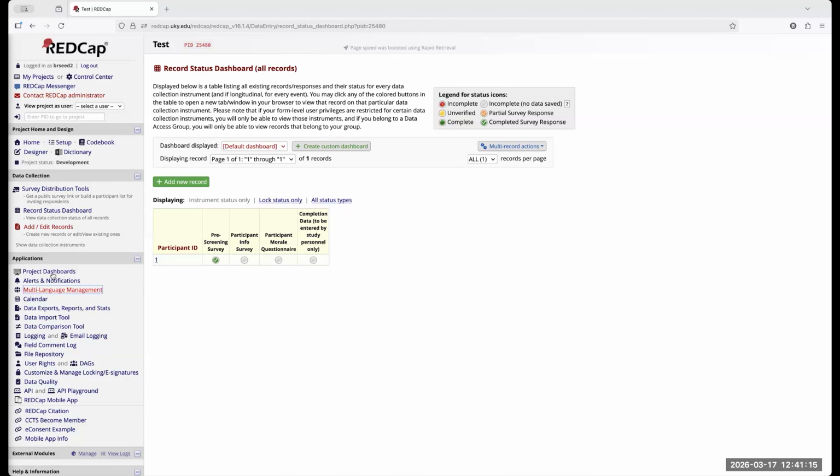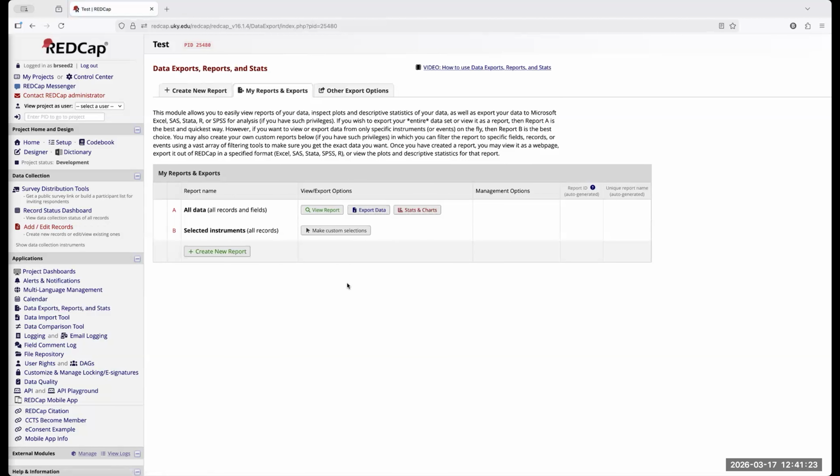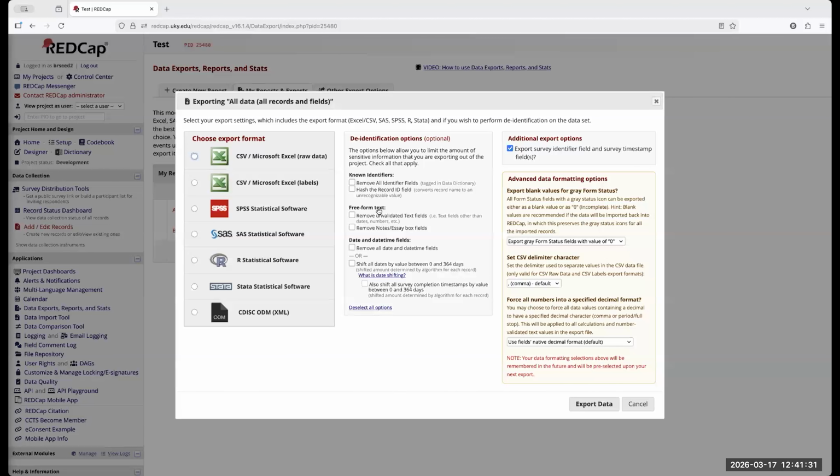If you wanted to do some report writing on some data, you simply go to Data, Exports, Reports, and Stats, and then you can create a new report. You can export the data. We touched on this a little bit in the first class. You can export the data in any of these statistical packages.